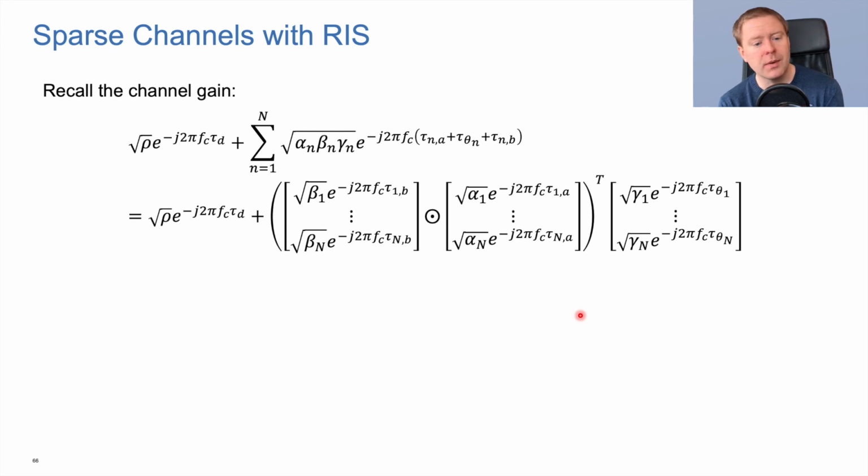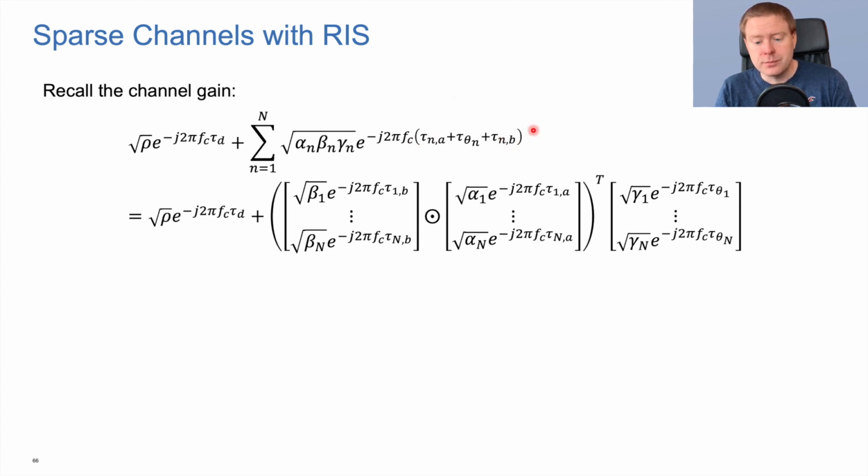Let me give you an example of what would happen when it comes to reconfigurable intelligent surfaces. So in this case, we had a direct path with an amplitude loss and a phase shift. We have a summation of our n elements. Each of them have a combination of amplitude losses and phase shifts. We can write it as an inner product between two different vectors. One part that is gathering everything that has to do with the reconfigurable intelligent surface. So it's amplitude losses for each of the n elements and the corresponding parts here with the phase shift for the n elements. And then for each element, it should be multiplied with alpha n, beta n with the square root, and then e to the power minus j 2 pi fc, and then we have the sum of the